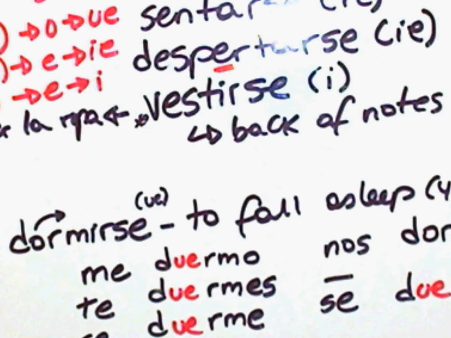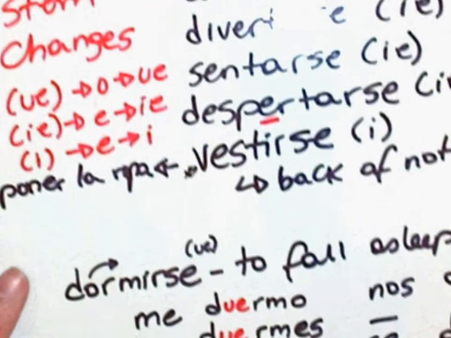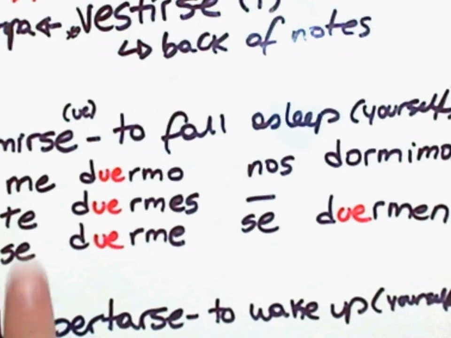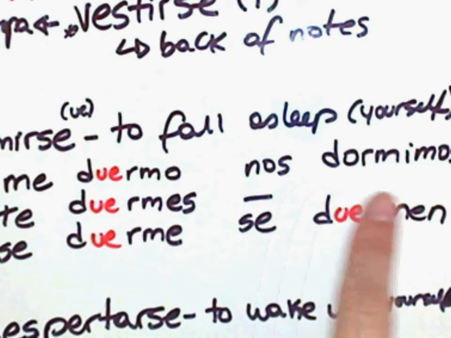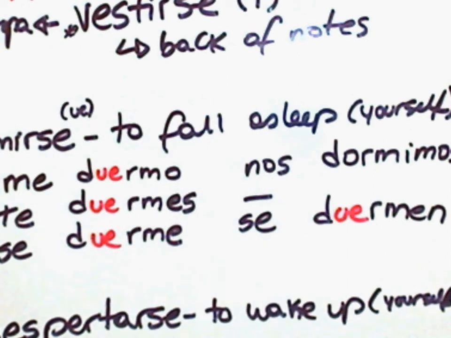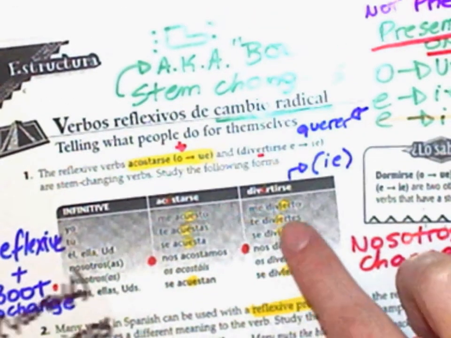So, if we were to look at any of these verbs in the actual chart form, then you'll notice that you have the actual boot shape there. So inside the boot, you make the change. Outside of the boot, all that means is that you don't make the change. Okay. So your book just has it in a column. We have it in